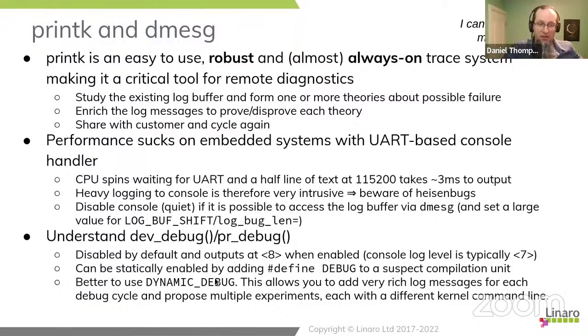If you want to turn on lots of debug information and the system hasn't crashed, it's much better just to use dev debug, PR debug to log everything and then extract it from the dmesg buffer without worrying about the UART. So that's quite a lot of information about a tool that everybody's probably already been using. But yes, recognizing the performance costs and making sure that we use dev debug to maximum advantage. Dynamic debug is a nice, powerful tool. I've introduced it in the lab sessions for today's talk. It's definitely worth exploring and making sure you use it when it's a good tool to work with.